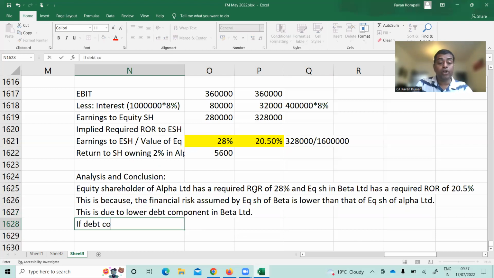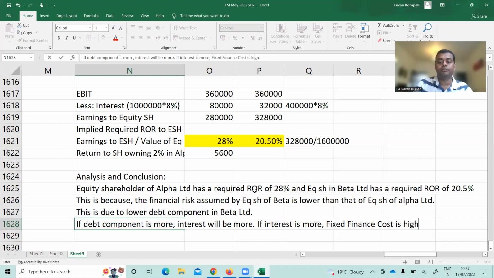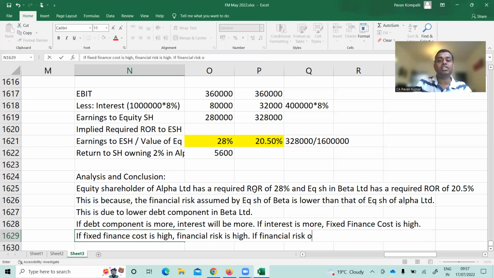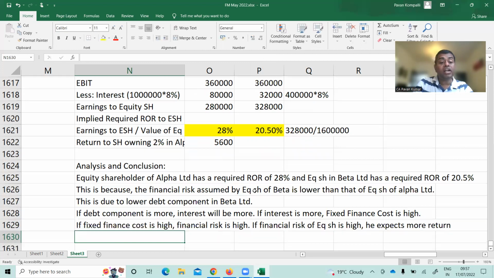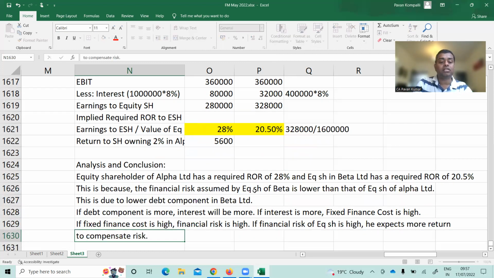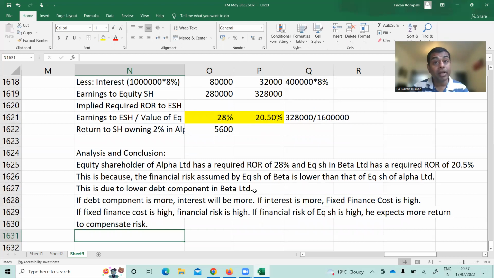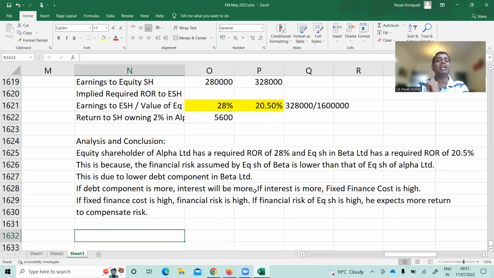If debt component is more, interest will be high. If interest is more, fixed finance cost is high. If fixed finance cost is high, financial risk is high. If financial risk of equity shareholder is high, he expects more return to compensate risk. That's what it is, ladies and gentlemen. This is one angle. This is the practical angle. Theoretical angle is